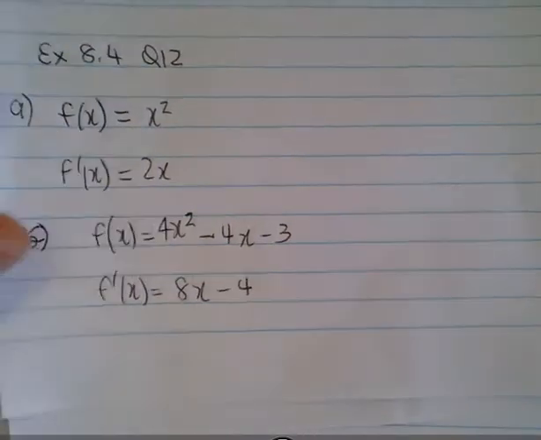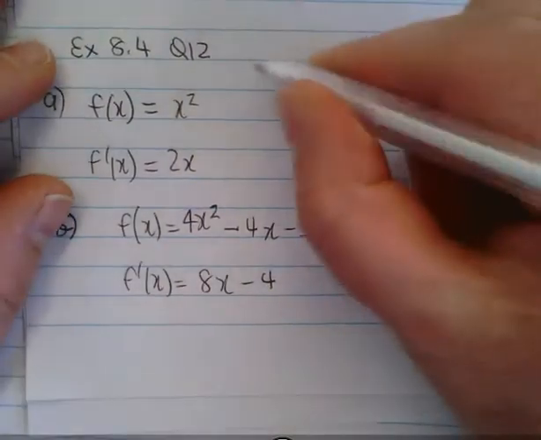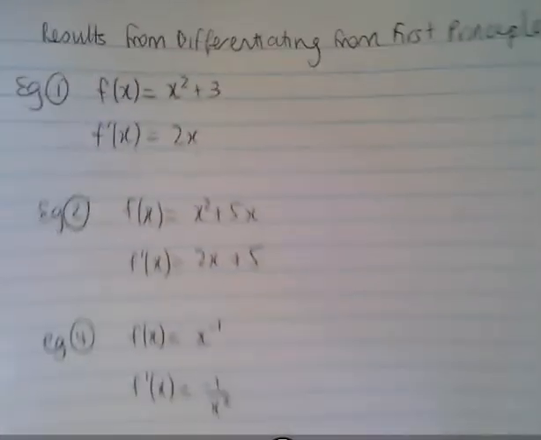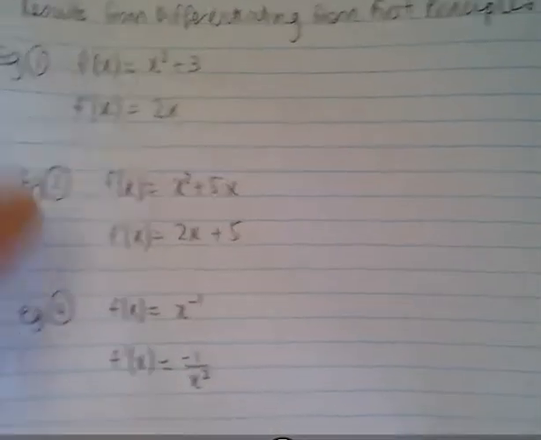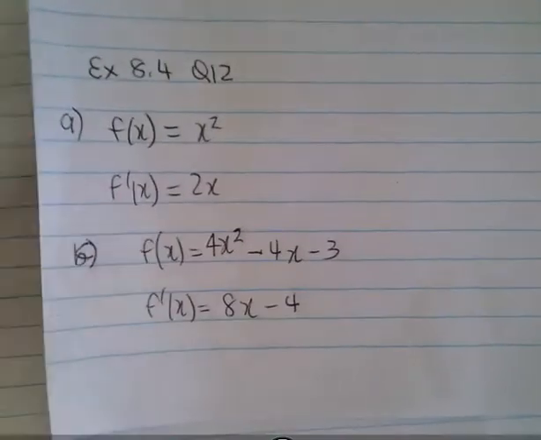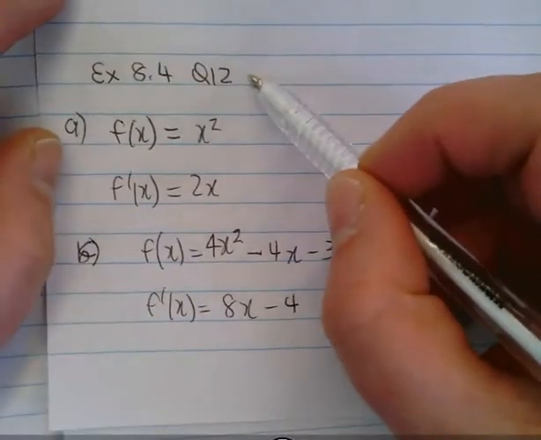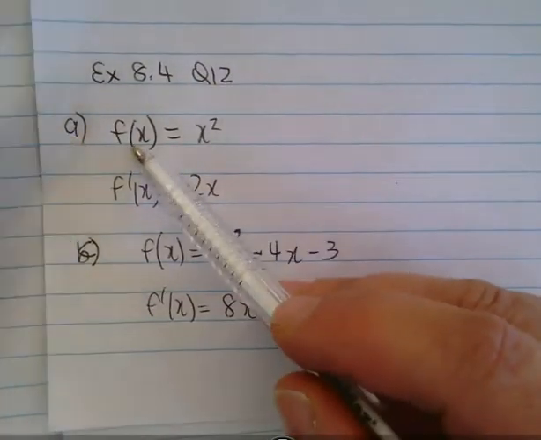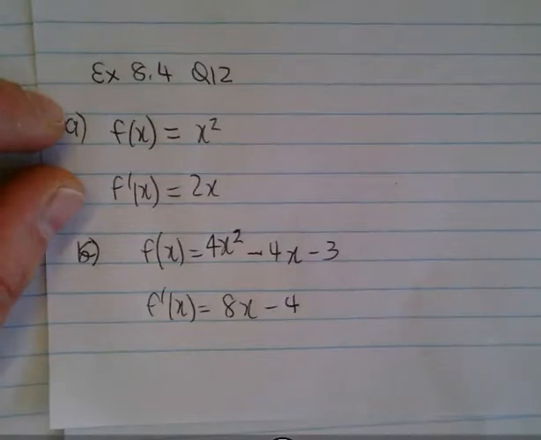Going over the homework with exercise 8.4 question 12, we're looking at your results from differentiating from first principles. Now these were the four examples here in the booklet. I'm just going to go straight to the textbook first. So exercise 8.4 question 12, when you started off with the function y equals x squared, or I can write function of x equals x squared,